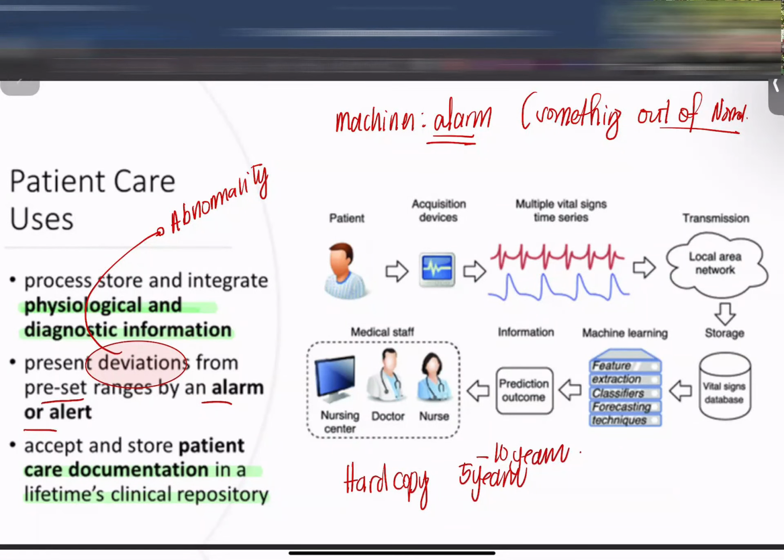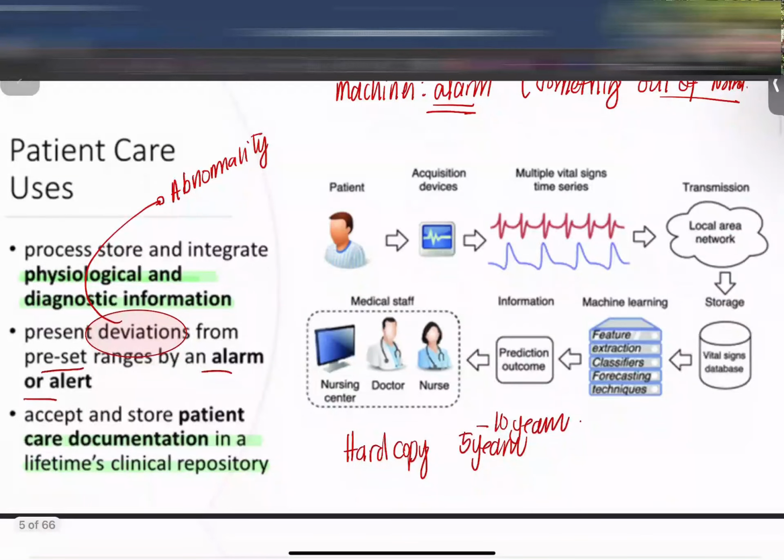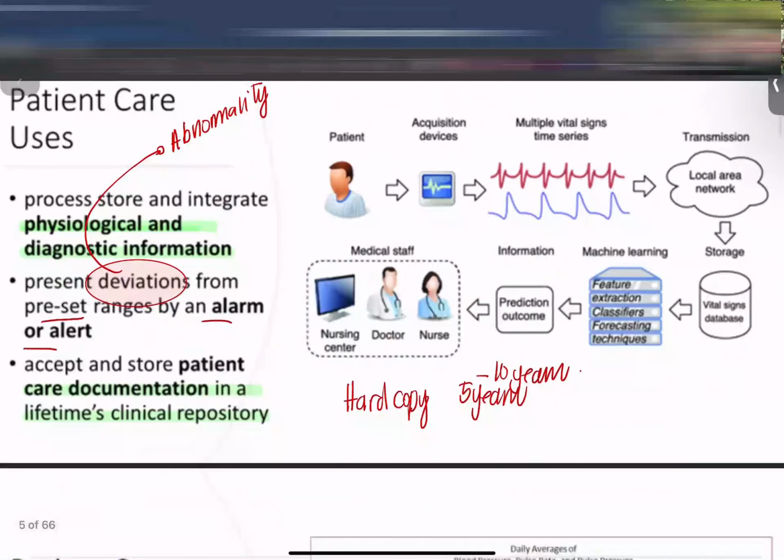Now, the next thing, class, is that if it's a medical legal case, kindly take note, that is an exception. If it's a medical legal case, the document needs to be stored for 25 years. Okay? For 25 years or even more. So what do we mean by medical legal case? For example, a document that involves a patient who is involved in a crime, if it involves gunshot wounds, if it involves mauling, so anything that has legal implications, the documents are held in the hospital for 25 years. But with the advent of your information technology, look at the term being used right now,